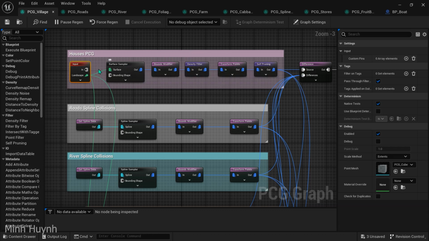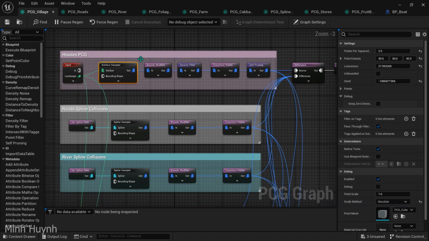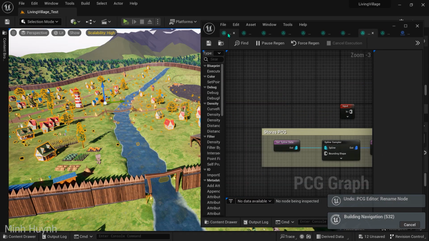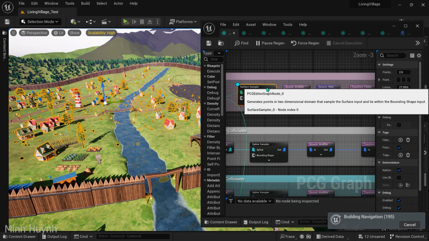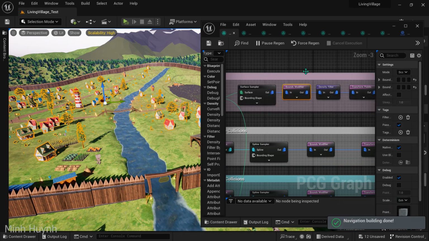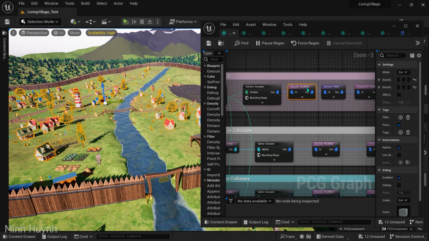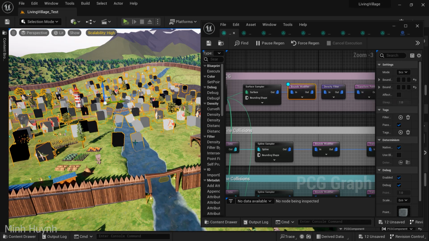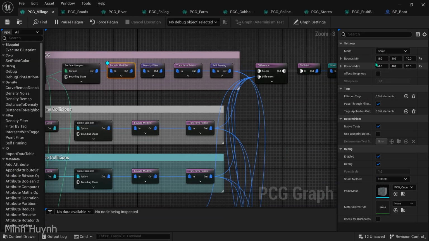It has an input node. The output landscape connects with the surface sampler to generate the points on the landscape. We can see the point spots on the landscape in debug mode, but the points don't fit with the size of the house. Therefore, I use a bounds modifier node to make the points fit with the size of the house